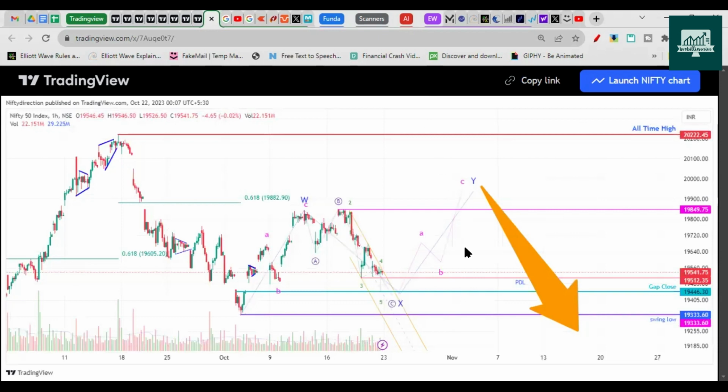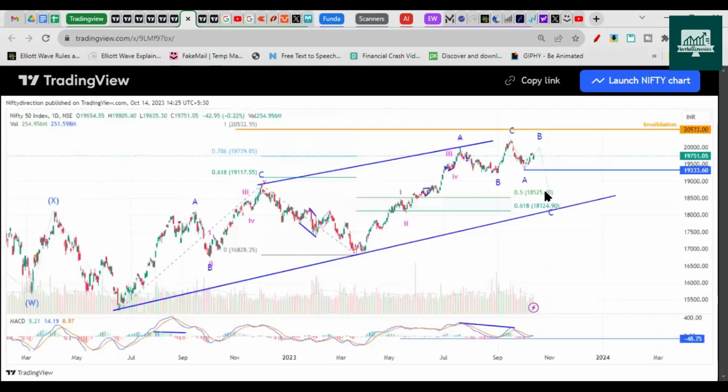So now the chart that I'm presenting to you for this week is like this, right? The only case that I have to discuss here is a more complex correction. And you already know what happens if 19,333 gets broken. We have to be ready. We will follow this chart and we will follow this move on the downside positionally.